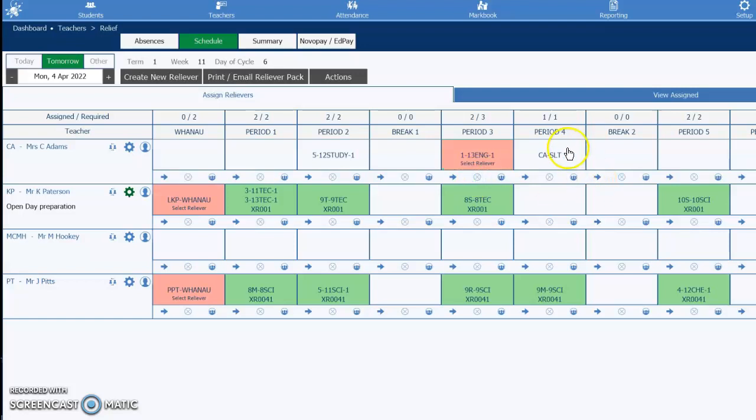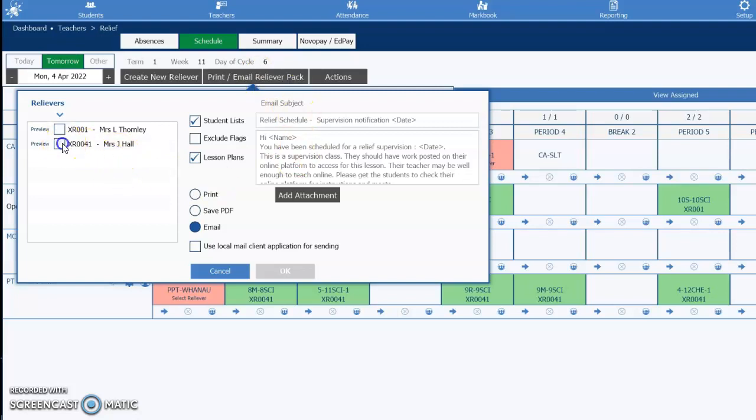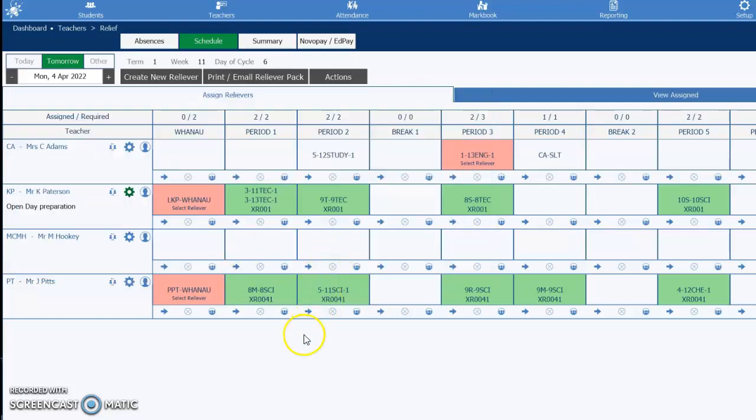For the internal relievers, when we're printing, we go to Print Email Reliever Pack, select the internal reliever, select Student Lists and Lesson Plans, and print and OK. That's pretty simple. Right, since John isn't unwell, I'm going to take the relief off him. And so if I want to remove relief, I have to click on each one of these little circles to take the relief off